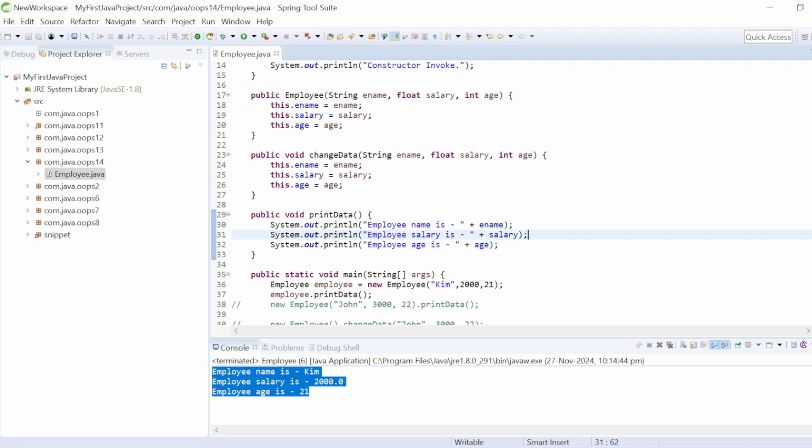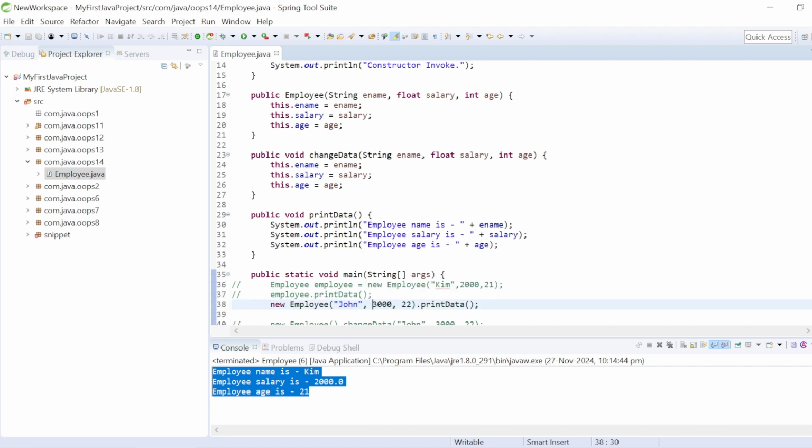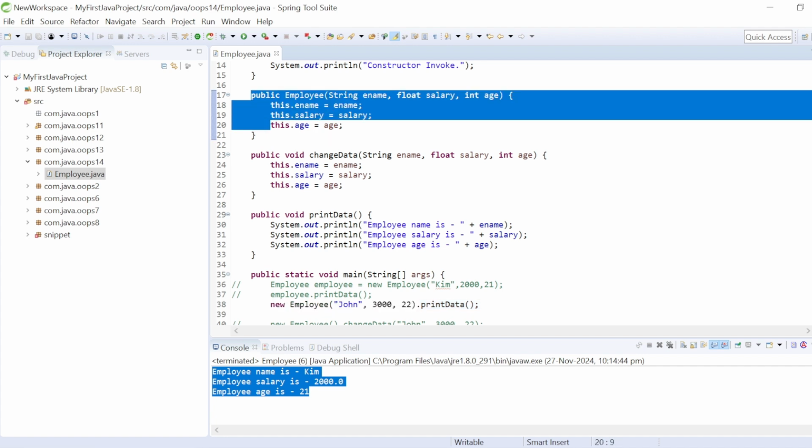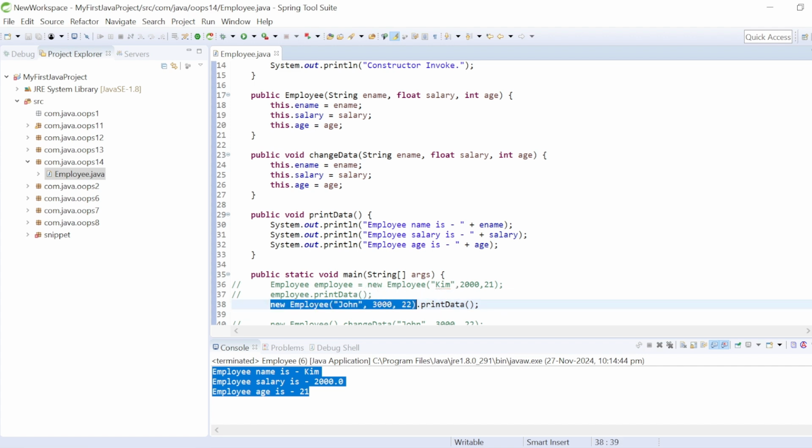Now let me change it. Instead of using this approach, what will be the output if I use an anonymous object? I am creating the object, and at the time of object creation, the values get initialized by this constructor once again. I am not holding the reference of that object this time, and because I am not holding the reference, that is known as an anonymous object. You get the reference here itself and you are not holding it, but at the time you get it, you use that reference and call the printData method on it, and it will print the data. So if I run this once again,